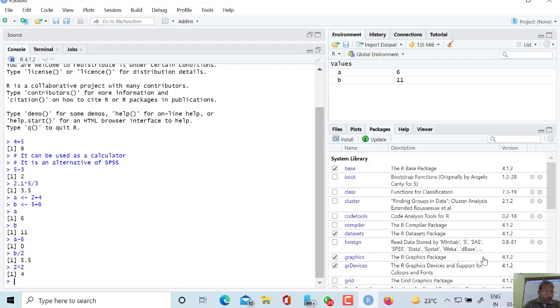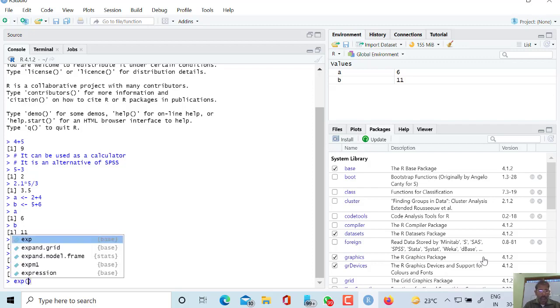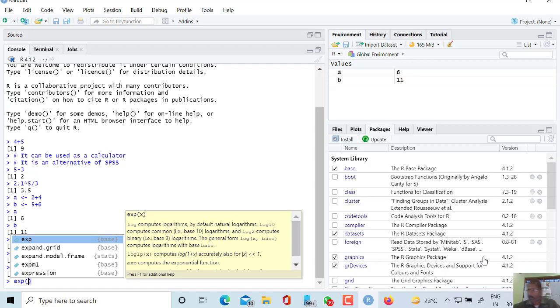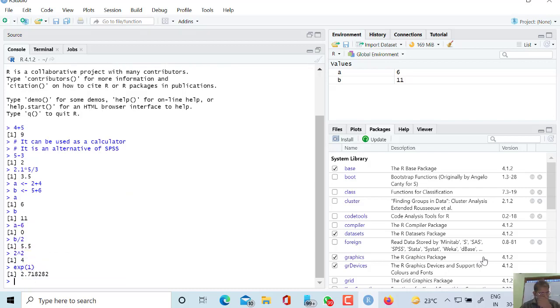We can also calculate the exponential. Suppose I want to check the exponential of 1. So its value is 2.71. We know that it is correct.